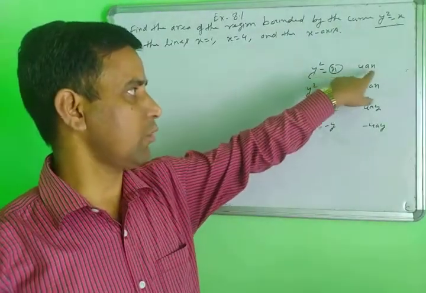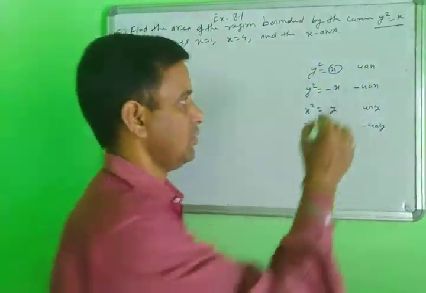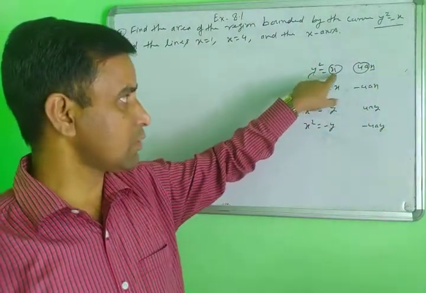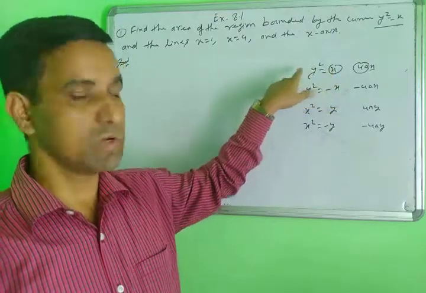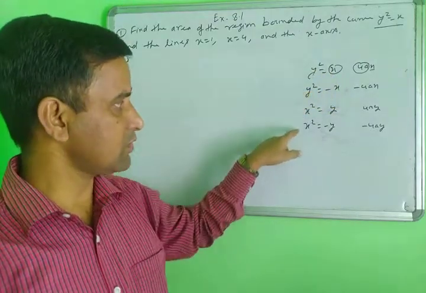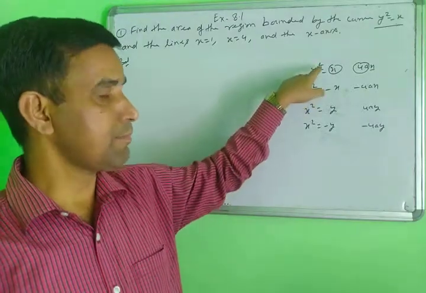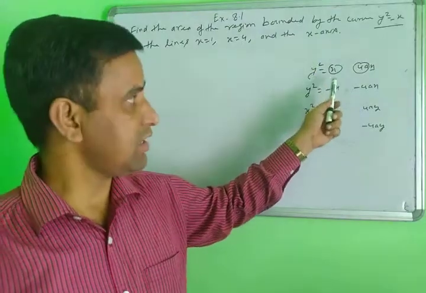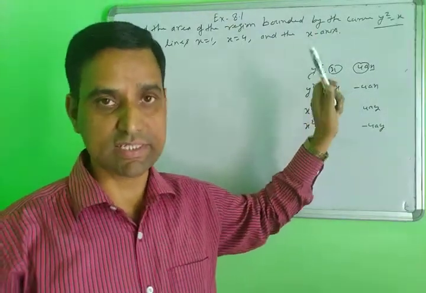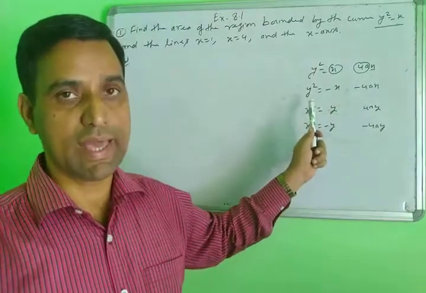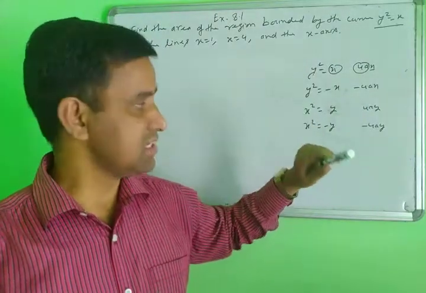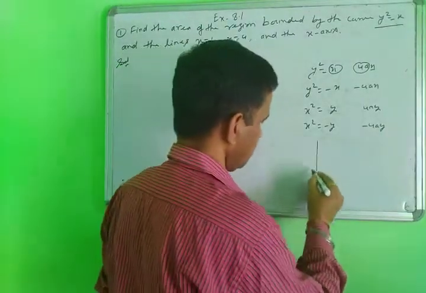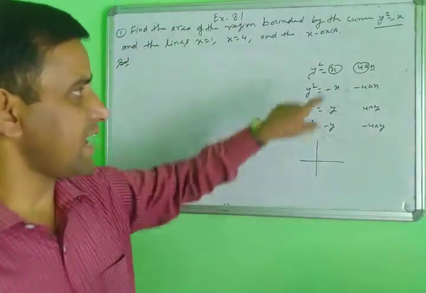Suppose x here, 4ax, this does not matter, this is the constant value here. You only check the x. So y square equal to x is the equation of a parabola. When there is an even power of y, then you can say the parabola is symmetrical about the x-axis. When there is an even power of x, then you can say the parabola is symmetrical about the y-axis.